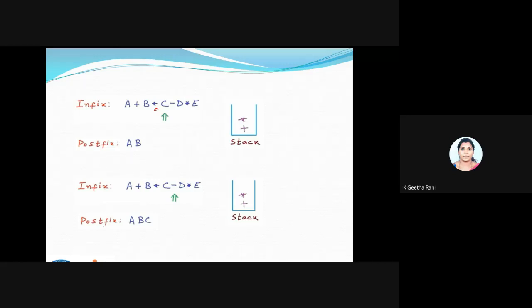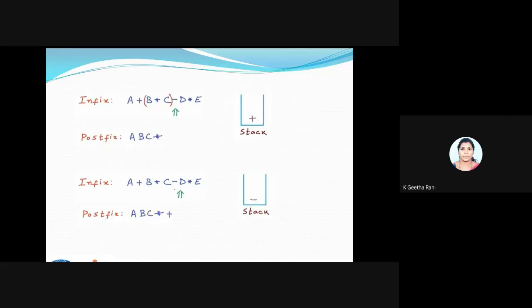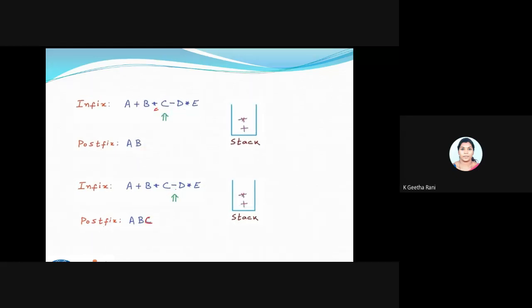Then comes your operand. That is what is done here. You can see here, next comes your operand, so I'll just store it inside my postfix variable. Fine. And next comes my minus. You can see I have to compare this minus along with my star. Minus has a lesser priority than the asterisk. So now what you have to do is pop the operator from my stack, and add it along with my postfix. That has been done here.